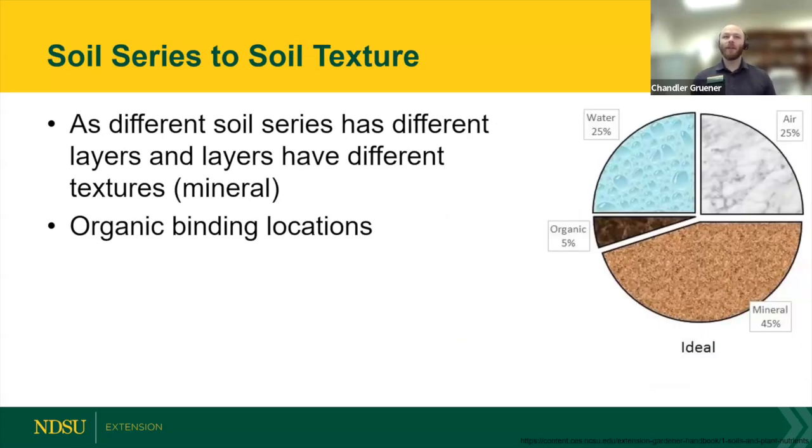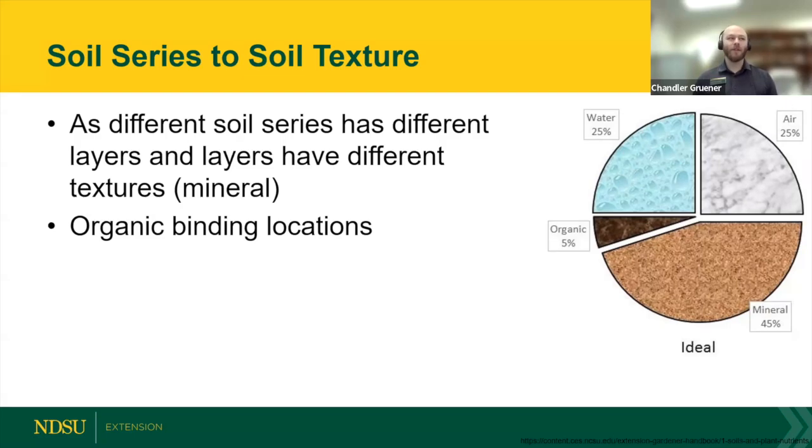So soil texture was another thing I mentioned in soil series that helps differentiate the layers in different soil series from different places. And so here on the right-hand side, we have a pie chart, and this shows an ideal soil. Like you see in Brady's presentation when he was showing the soil test results, that field had 5% organic matter, which is pretty close to what ideally we'd like to see. So 5% organic matter, and then 45% mineral. Mineral is your sand, silt, and clay. So total that makes 50% of your soil being solid, and then the other portion being liquid water, 25%, and